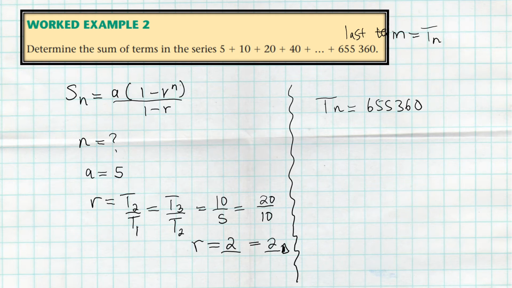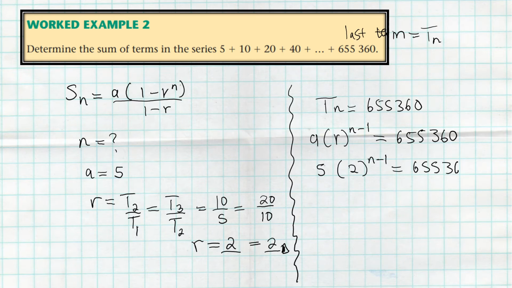655,360. But we know that the tn of a geometric sequence is a times r exponent n minus 1, equals 655,360. What is our a? Our a is 5. What is our r? Our r is 2. So 5 times 2 exponent n minus 1 equals 655,360. To solve for n, I'm going to divide both sides by 5, right? When we divide both sides by 5, it's 655,360 divided by 5. Then we'll be left with 2 exponent n minus 1 equals